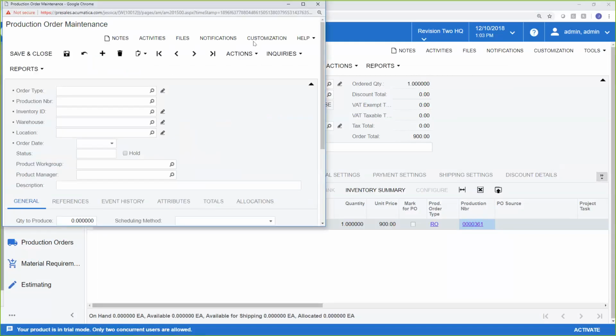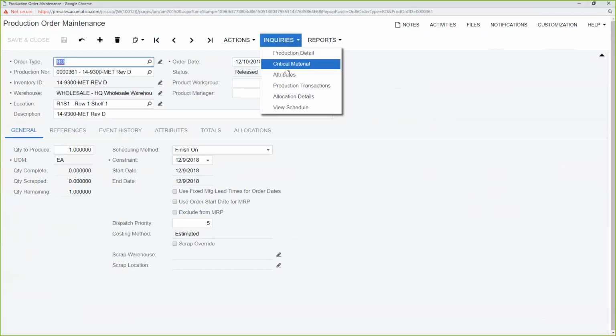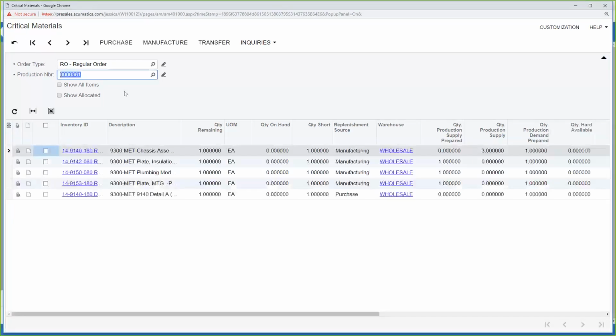Now, where I'm going next is, in order to fulfill this order, we need to make sure we have the materials on hand to do so, and we also need to schedule it appropriately from our master schedule. The way we're going to do that, there's actually two ways you can do it. If you are looking for raw material shortage for the individual order that you're working on, you would use critical materials. What critical materials is doing is showing you a one-to-one relationship between your raw material shortage and a